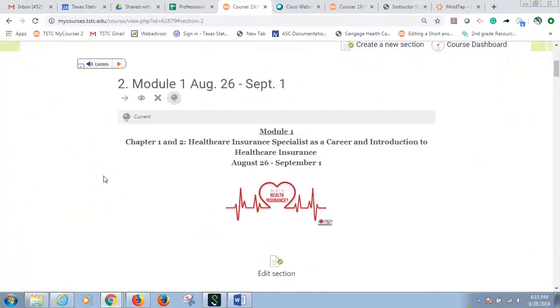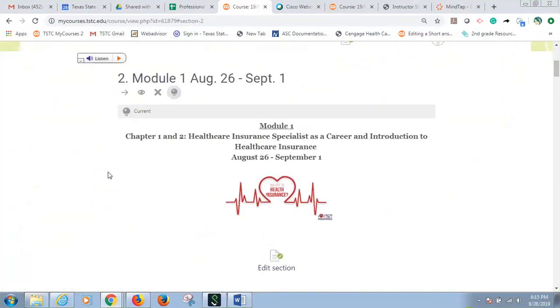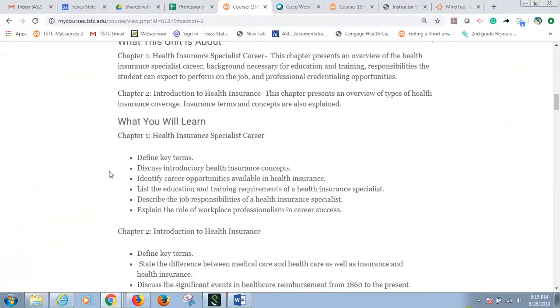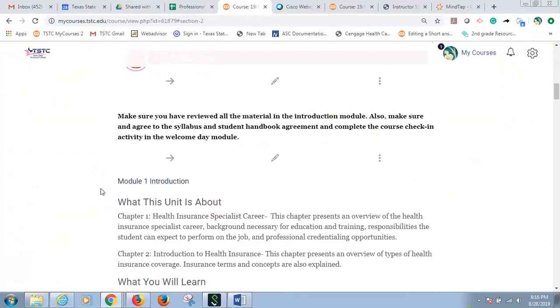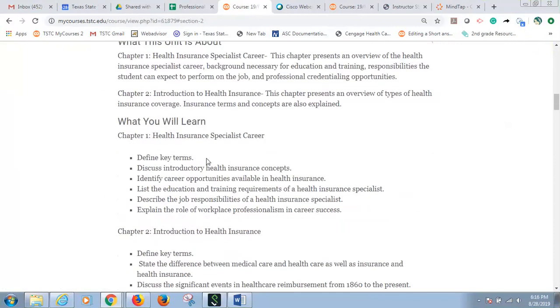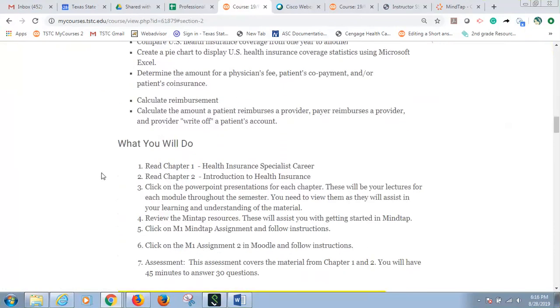I know there's some of you that do not have your books, and so we understand this, and we hit two chapters this module. I will say every single module is going to have what the module's about, what you're going to learn, and then what you're going to do.